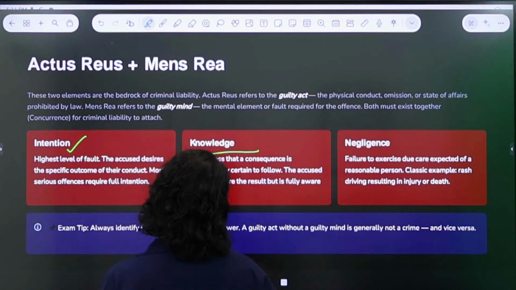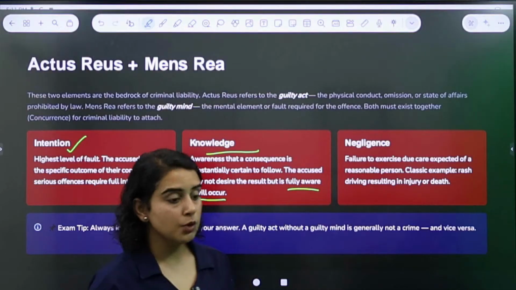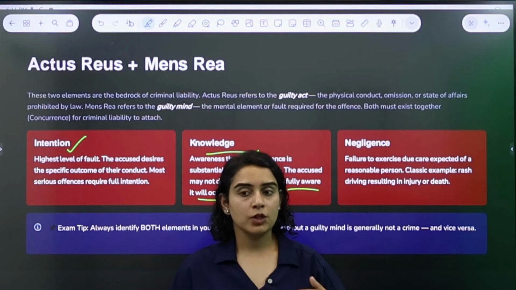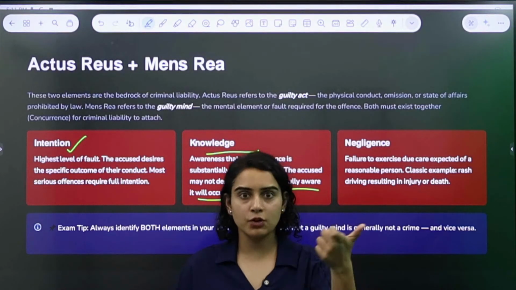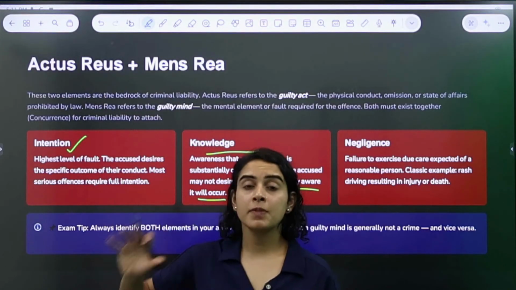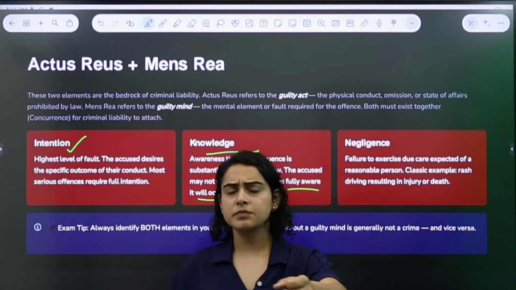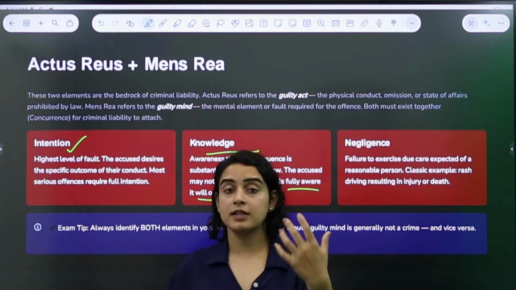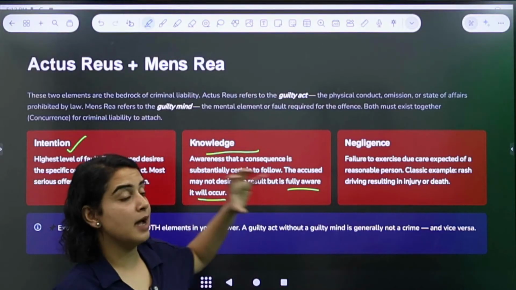Knowledge basically means that you are fully aware of what can actually happen. You know it for a fact that pulling a trigger can kill someone. Even if you were not willing to kill another person, it's just common sense that if you pull the trigger and there is a bullet in the gun, the other person might get shot. So even without an explicit intention, just the knowledge that if you aim the gun at someone and pull the trigger, the bullet will be shot, means you have knowledge of the damage that can happen to the person.